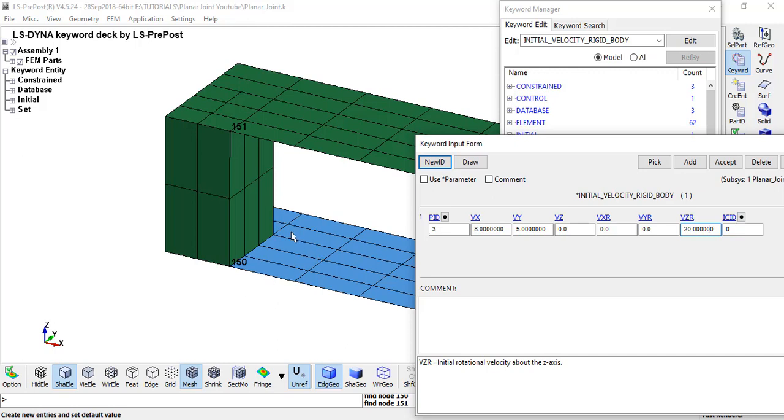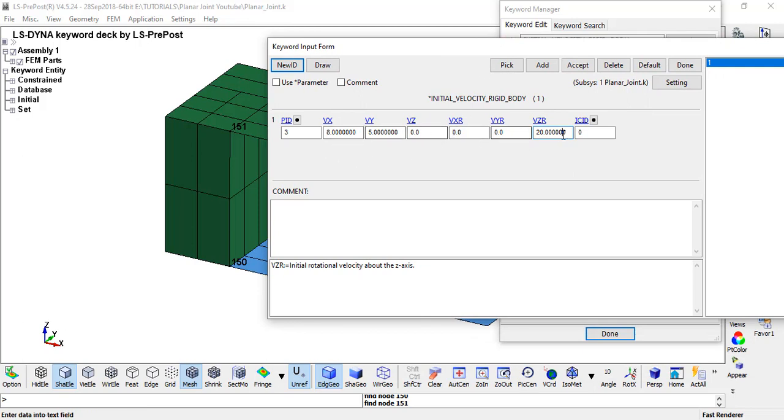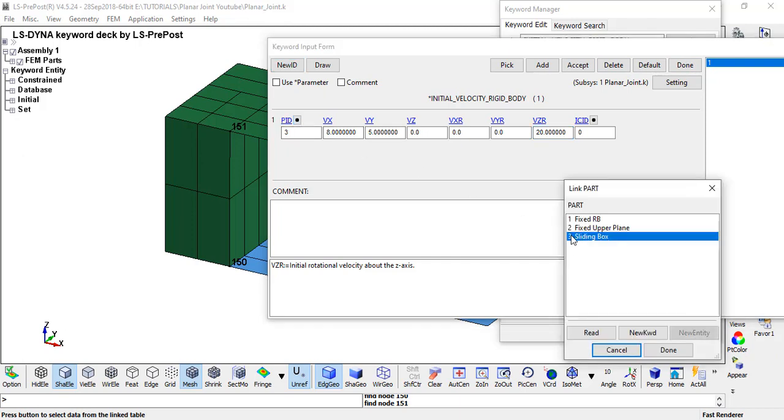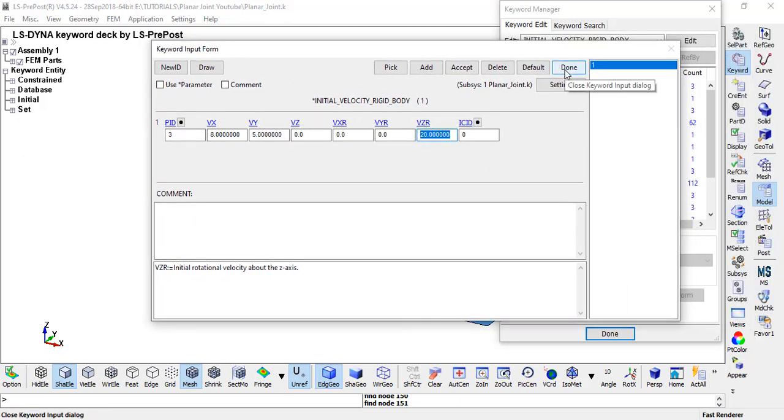As it cannot move in the z direction, only a rotation degree of freedom can be given, and that has been given as a velocity. Okay, and the part is selected as sliding box. These values can also be changed, but don't go very much beyond 20, 30 or something like that. I just randomly gave these values,